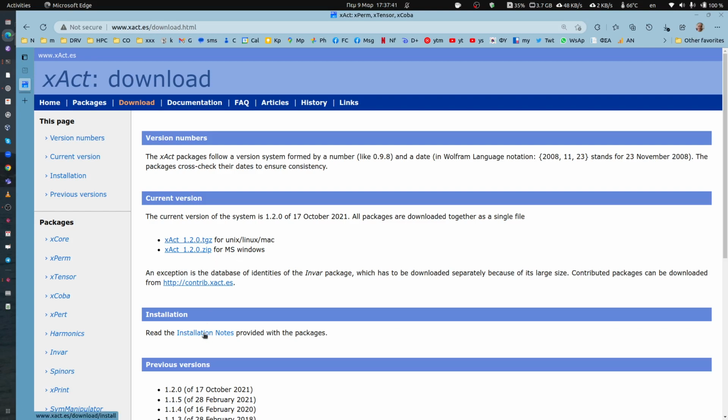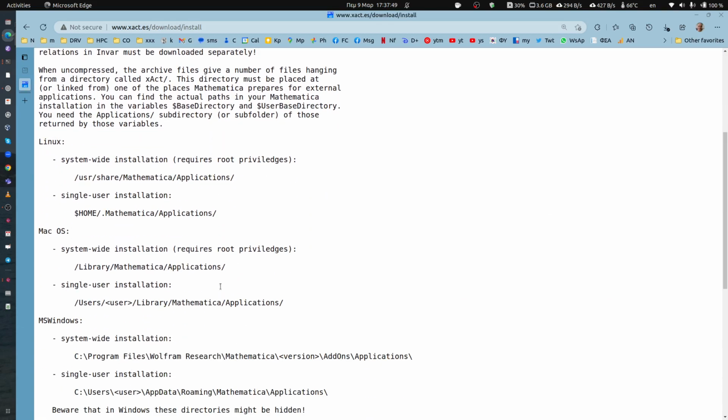And then all you have to do is to follow the instructions that can be found in this file here, installation notes. According to the operating system, or whether you have a system-wide installation or a single-user installation, you have to take the file that you downloaded and unfold its contents at the appropriate place in your file system. So in my case, I will make a system-wide installation, and I will just go in this